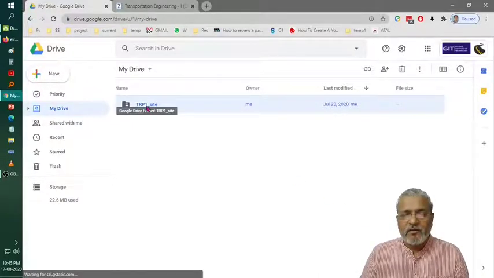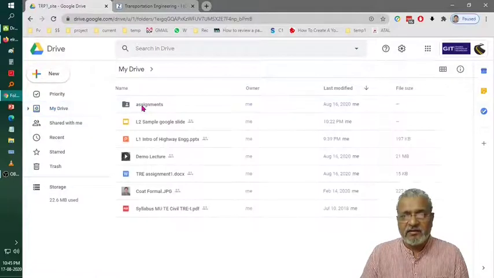Now, within this GIT site, I have made subfolders. Let it be some assignment, one folder will be there, question paper another folder, notes another folder, presentation another folder, so that it is easily identifiable for us. Right now for the demo purpose, I have updated